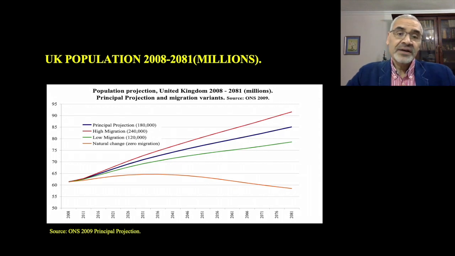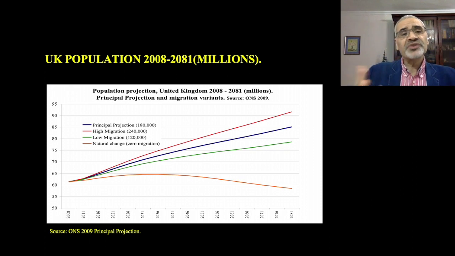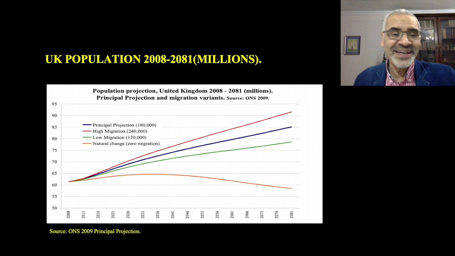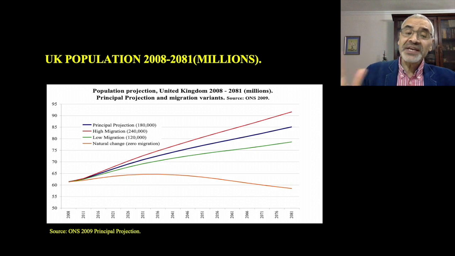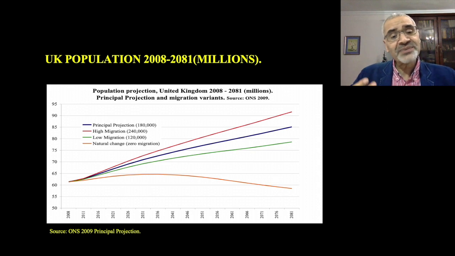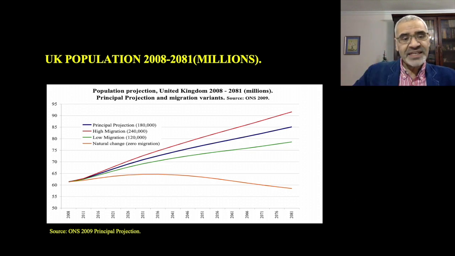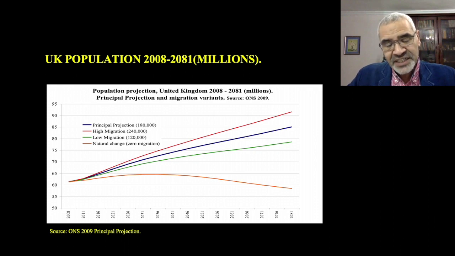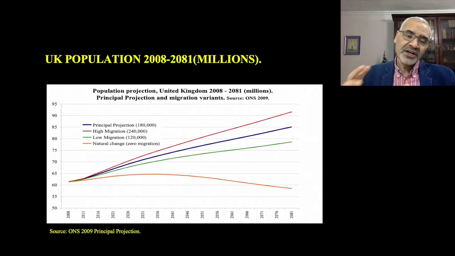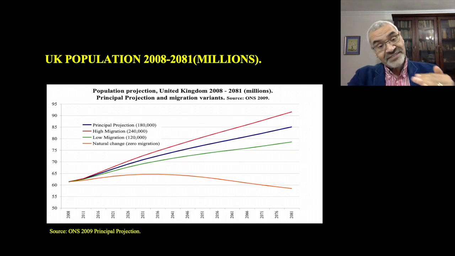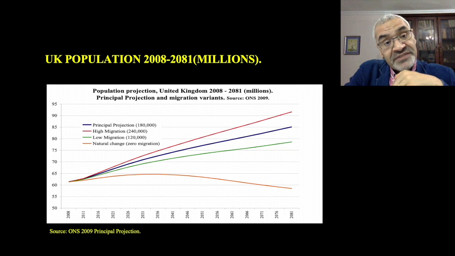Well, this continues the visualization also, and imagine the UK population from 2008 till 2081 in millions, with the zero migration scenario and with three migration scenarios: high migration, low migration, and principal projection, or medium. We call the medium projection the principal projection. So the zero migration means the net migration is zero, which means that there is no migration at all. We depend only on the difference between births and deaths, and we can see that the total population of the UK will decrease